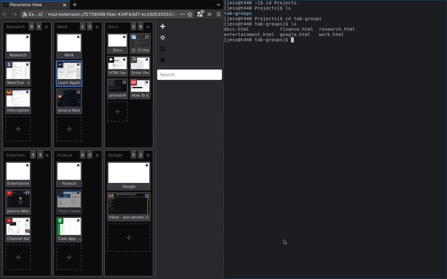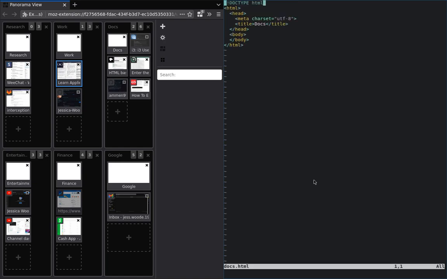So it's literally just this. I made these, and I'll show you one of them. It's just that. And the title is the only thing that is important here. The head too. Well, it's all there. I'm probably going to customize those pages a little bit later because it's just a blank white screen. Kind of ridiculous, but